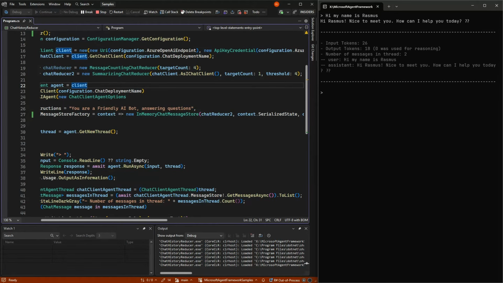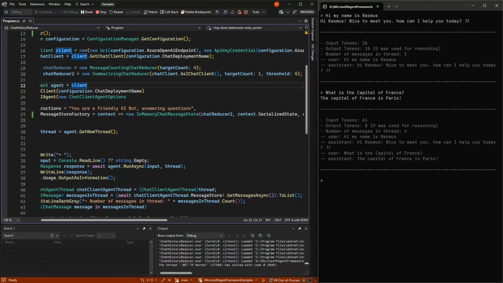And of course, we just get it normally. What is the capital of France? We can see it's normal because we are under the threshold. Now we ask, what is the capital of Germany?